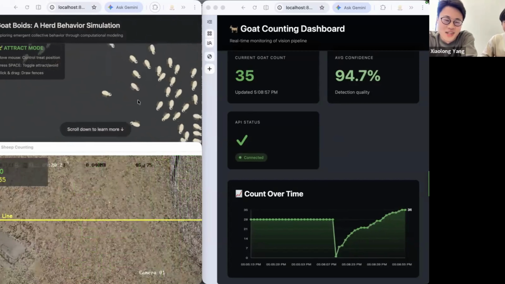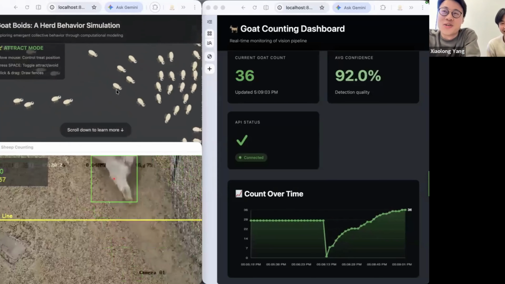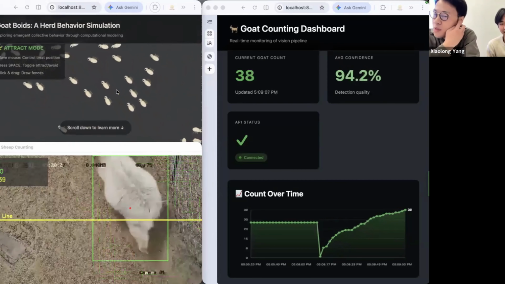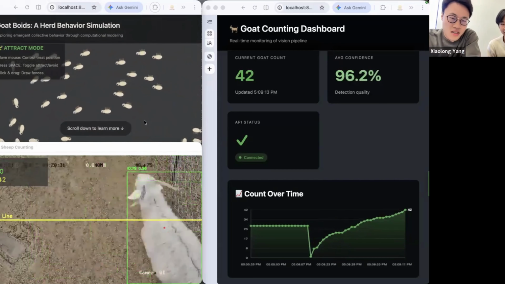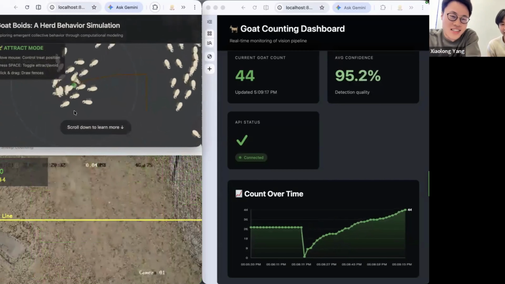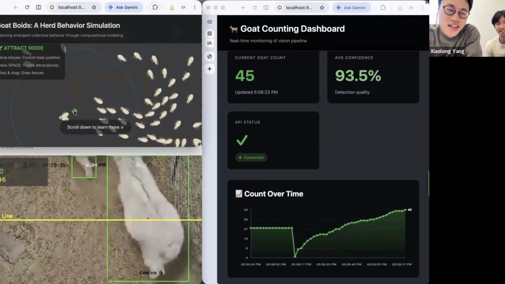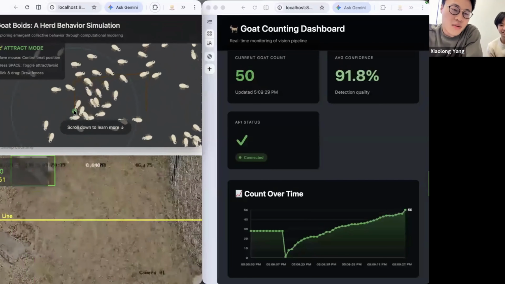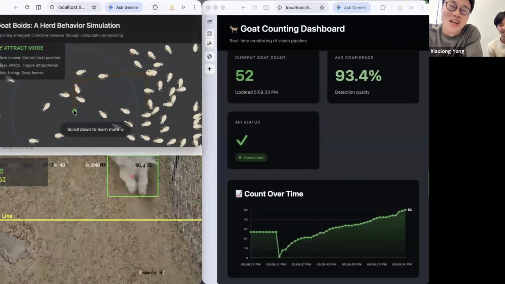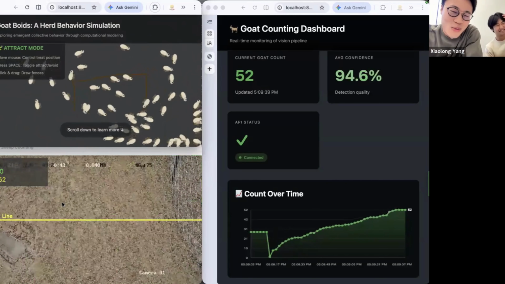That's right. It is of Joe's genius that we made this boid simulation, where the idea is that in a real goat setting, when the number of goats corresponds to the actual goats in the farm, you can draw boundaries or fences where you can trap the goats and see how they react in certain behavior. Goats follow something called herd behavior. They follow one another, and oftentimes you want to optimize the route of where goats are going in a farm. We thought this is a proof of concept that we wanted to provide to the farmers, but it's not something we built. The main work is in the vision work. But it's fun.